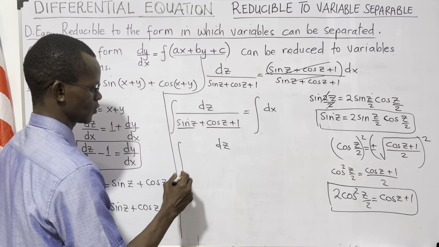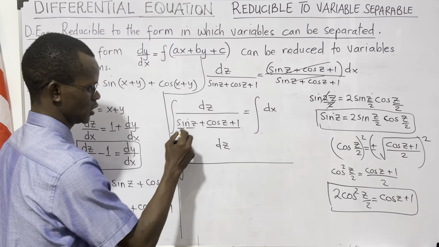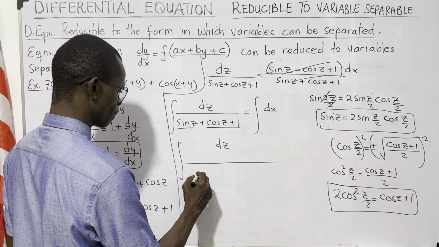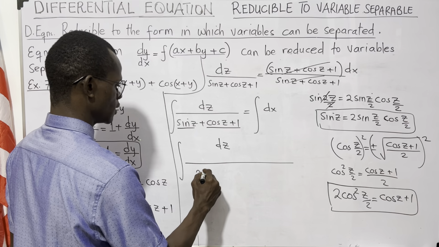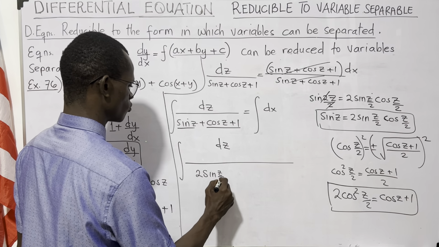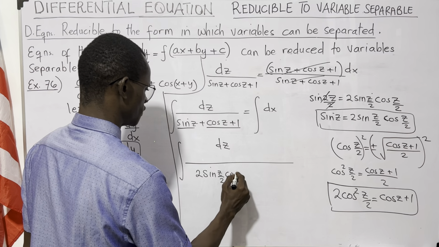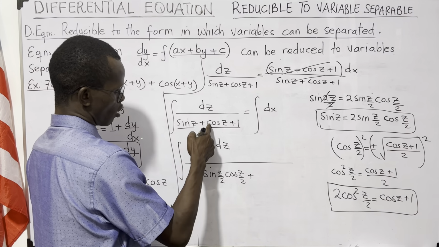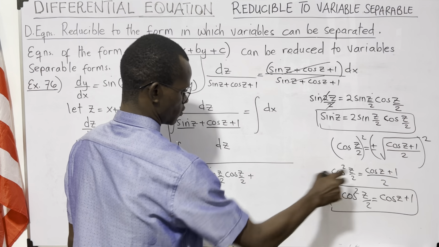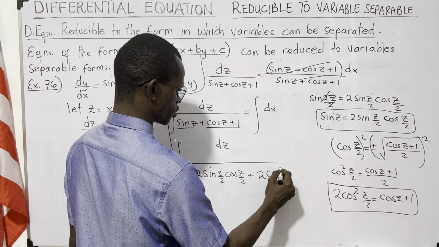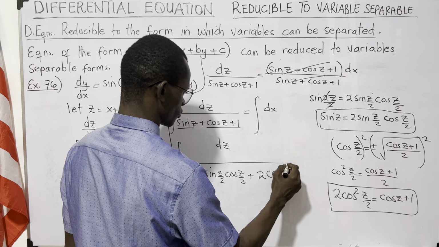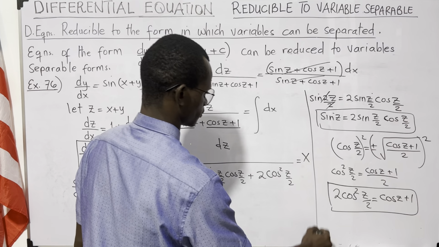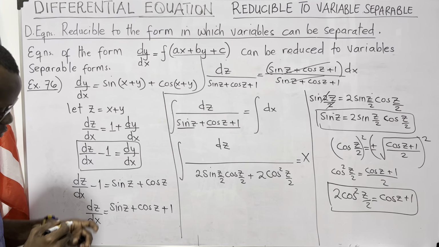dz all over sine of z is just 2 sine of z over 2 cos of z over 2 plus, what's next? Cos of z plus 1 is just equal to 2 cos square z over 2. All equals x, the integral of the x is just x. Now,